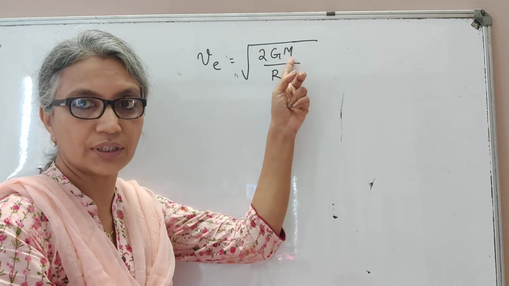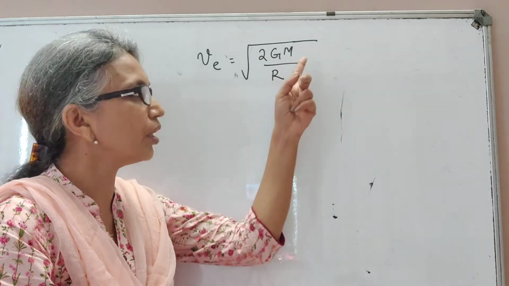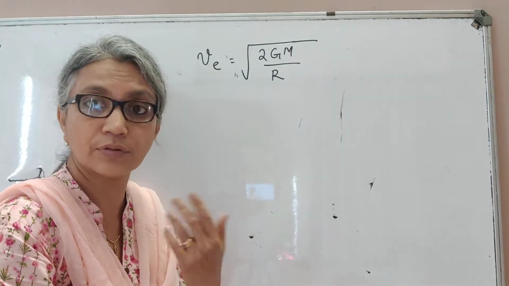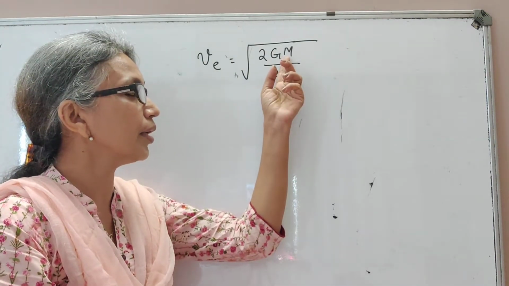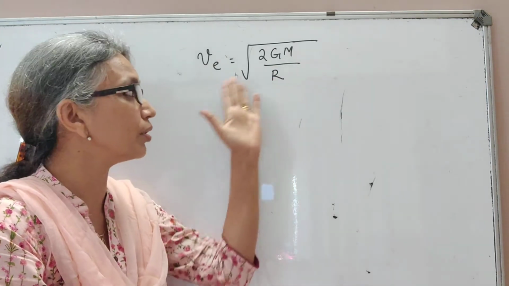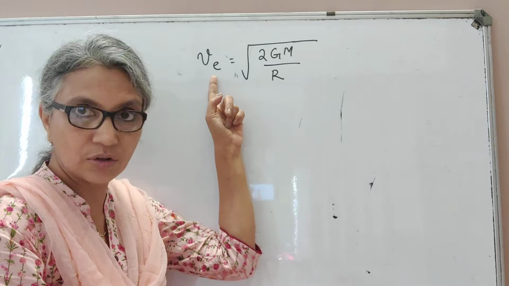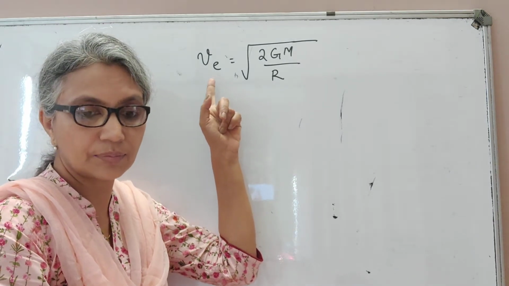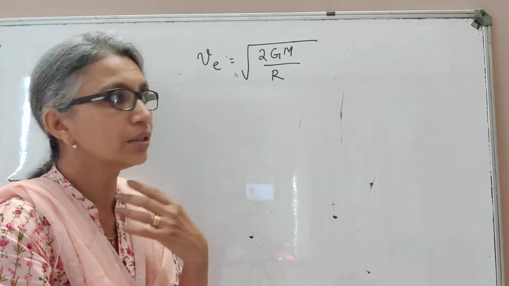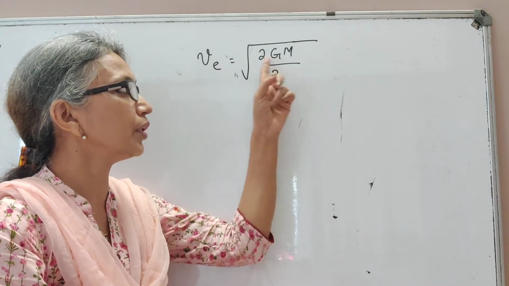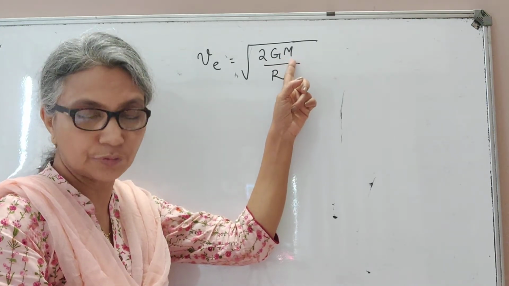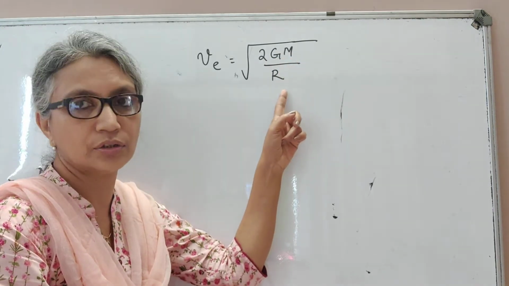This will be the mass of the earth. This will be the mass of the planet, whichever planet, because escape velocity can be calculated for any planet. So here this M will be the mass of the planet and R will be the radius of the planet. So you know all the quantities here. This is the escape velocity, the minimum velocity that a particle or an object must have to escape the pull of the earth. This is the gravitational constant. This is the mass of the earth if you're talking about planet earth, and this is the radius of the earth.